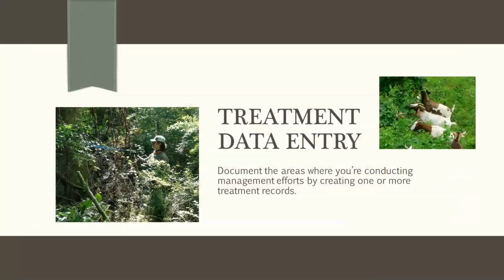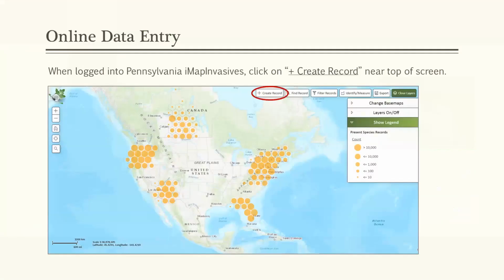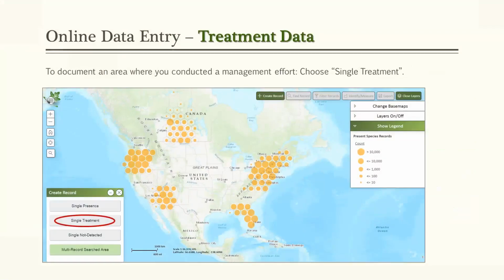Okay, and the next record type that we're going to talk about is a treatment record. So this is how you're going to document the areas that you're conducting management efforts by creating 1 or more of these treatment polygons. So again, we're going to go up to that Create Record button that's at the top of your screen when you're logged in. And you're going to choose that single treatment button that's available there